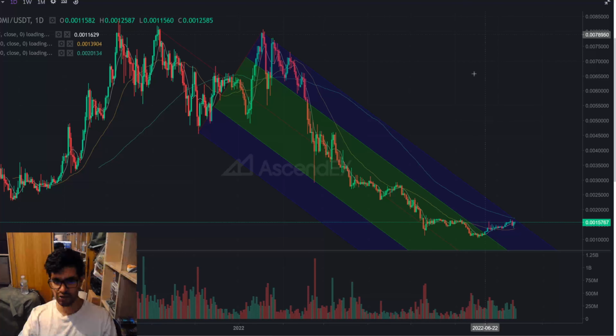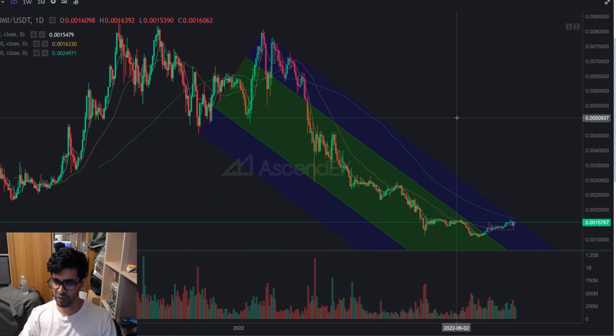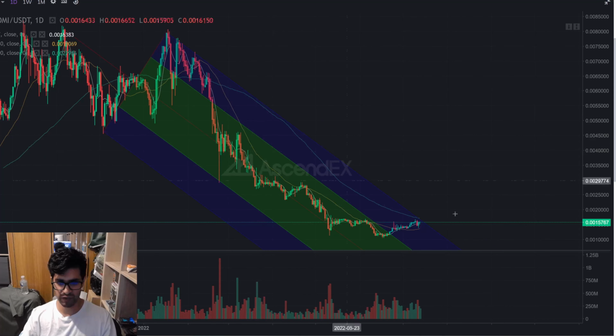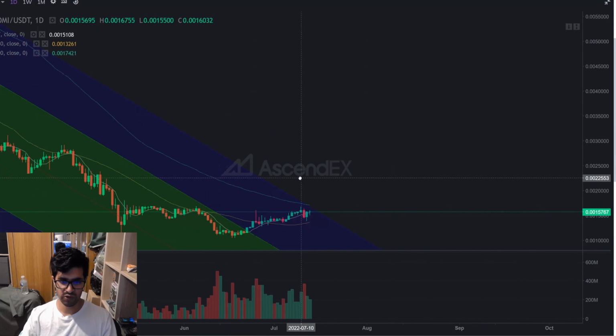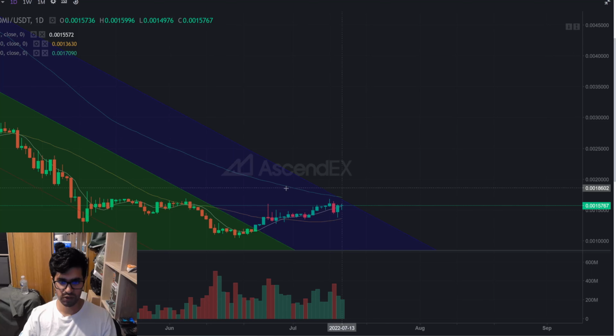Now moving on to the price of the OMI token, because this was something I've been anticipating. If we zoom in here, we've been expecting a breakout from this downwards channel. We're currently trading in the upper bound of this channel. We did touch this 90-day moving average and came back down. Now we actually bounced off the 30-day moving average, so we're zoning between the 90 and 30-day moving averages.